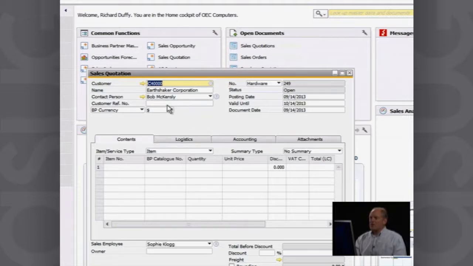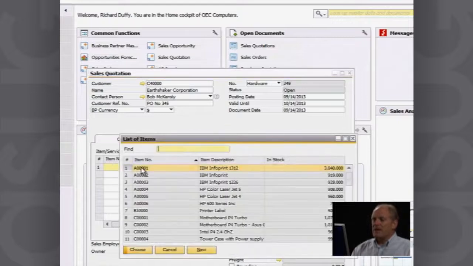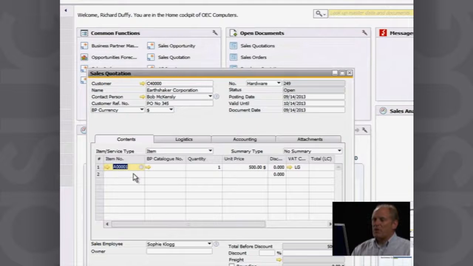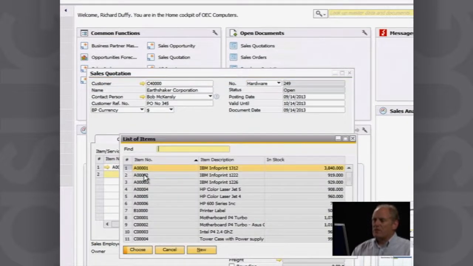In this case, it's Earthshaker. Now they're going to give me a purchase order number, PO number 345, and then I will go in and I will start putting in the details about the product. Now with SAP Business One, we can do both product and service-based invoicing. In this case, I'm going to do product. I go in here to my items and I pick the items that I want to include in my quotation. So they want an IBM info print, a 1312. They are also wanting a